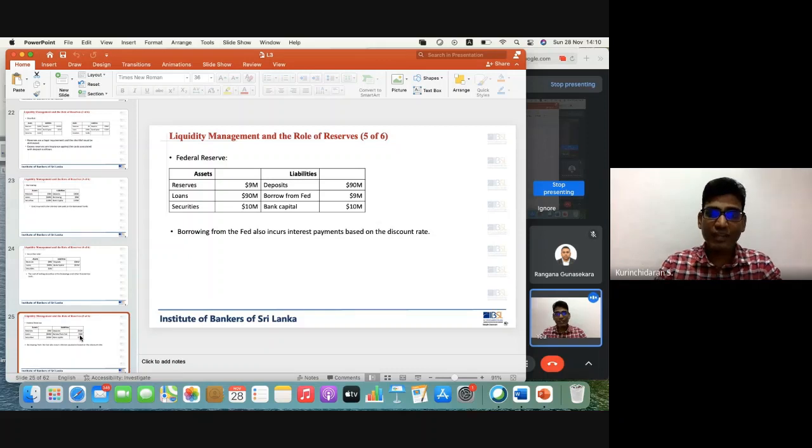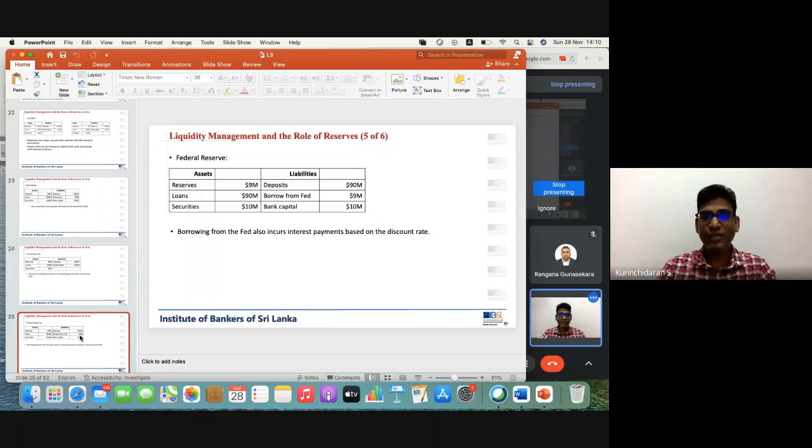Or if they can't borrow from others, they can borrow from the Federal Reserve, the Fed. The Fed means the central bank, right? So now these banks need 9 million, so they can borrow. Even if you have a zero balance in your reserves, the central bank can fund it and charge on that. It's not a good sign for the central bank. So every bank doesn't want to have this kind of shortfall, so somehow they manage it.